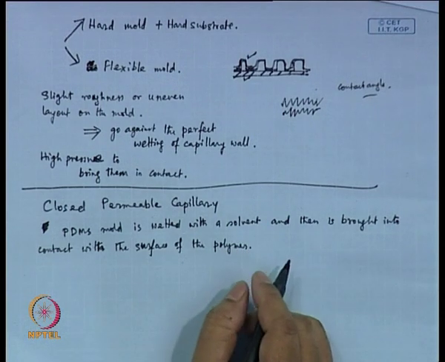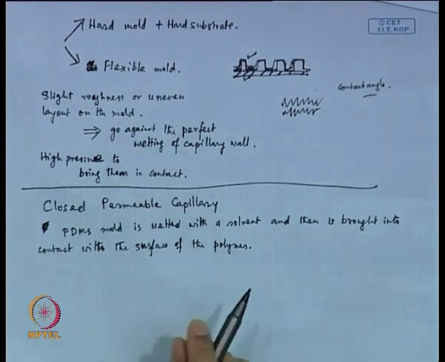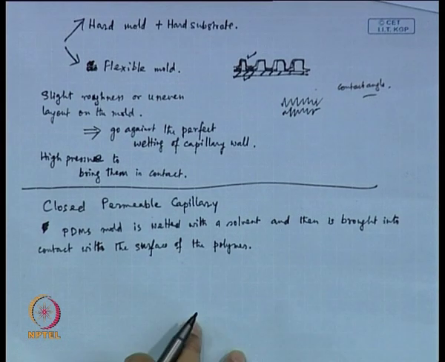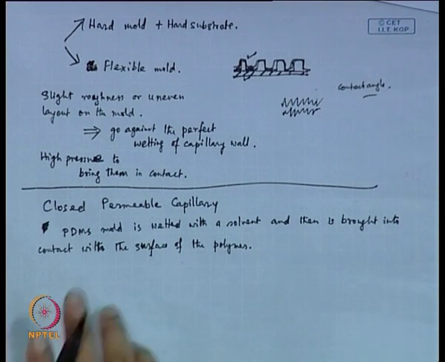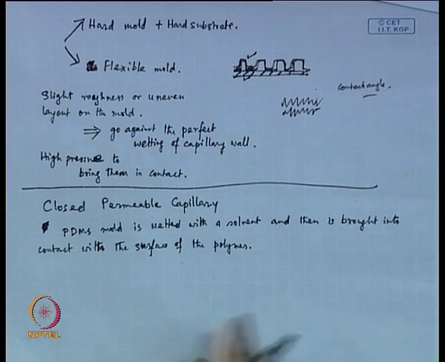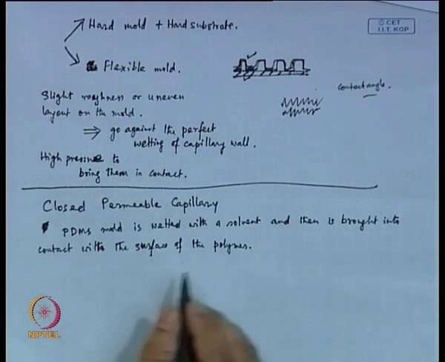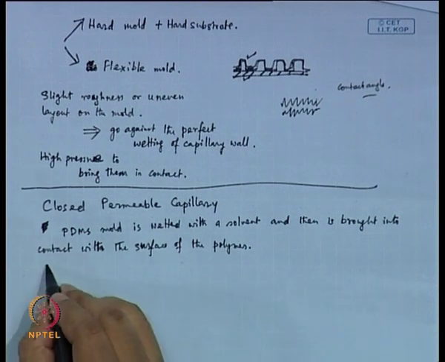You can see what we are doing here, we just reversed it. The PDMS mold is wetted with a solvent and then is brought into contact with the polymer, and that polymer is supposed to be dissolved in that solvent. That is the idea. So, while in contact,